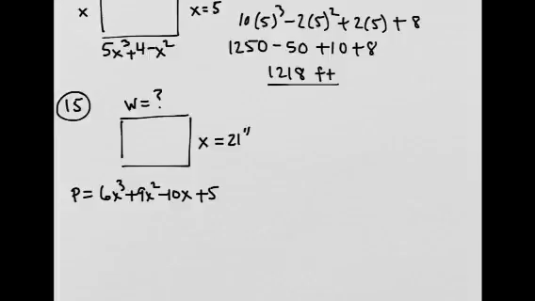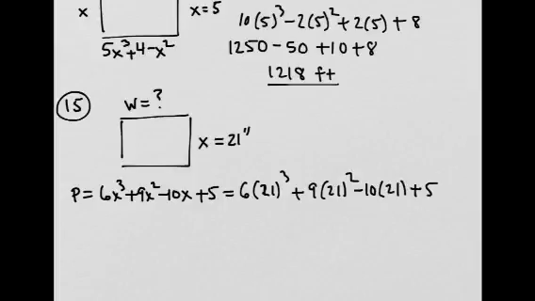Alright, for 15, I'm going to first, since they tell you that x is 21 inches because that is the length, okay, length of x, and then they say the length is 21 inches. So I'm going to replace the x with 21. So the perimeter would be 6 times 21 to the third plus 9 times 21 squared minus 10 times 21